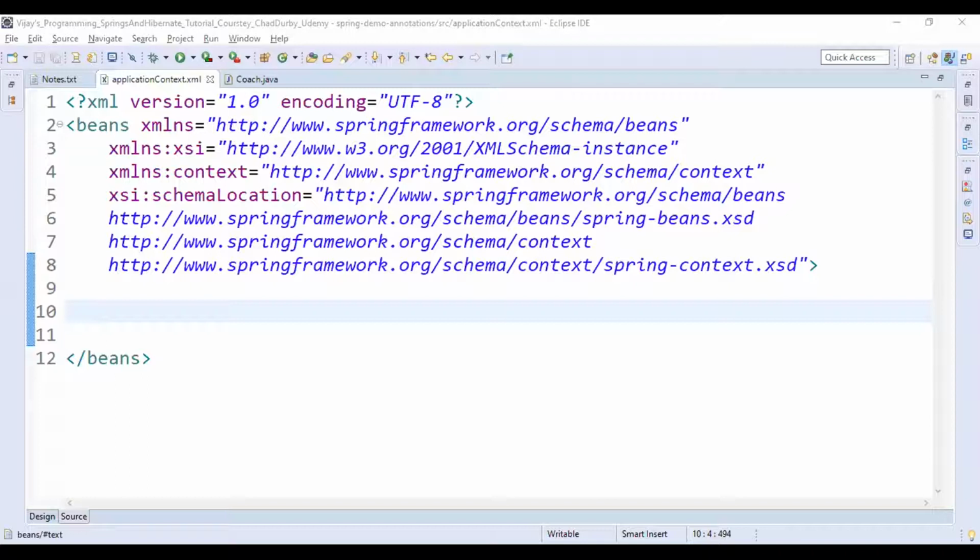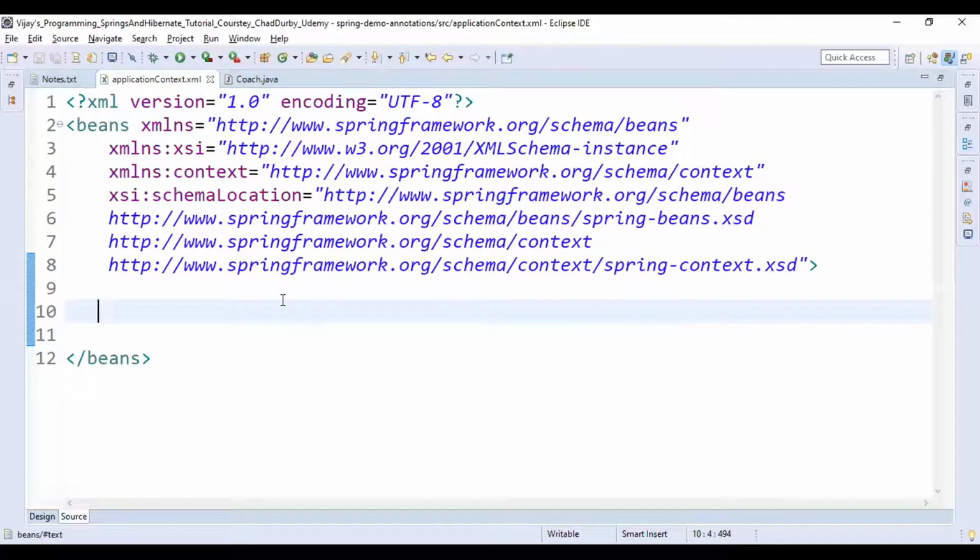And here, by using one element, I'm supplying the base package. So here I'm creating a comment.